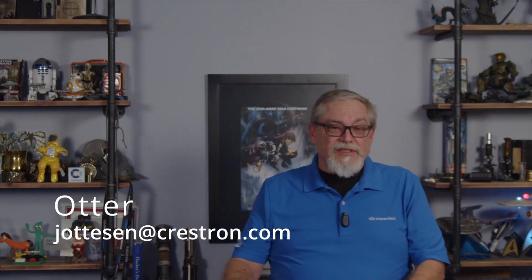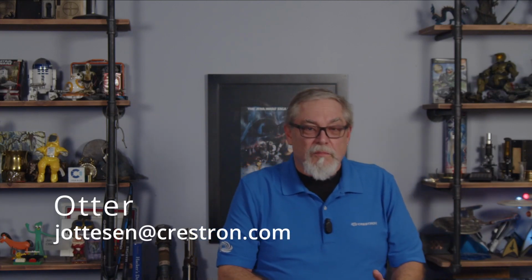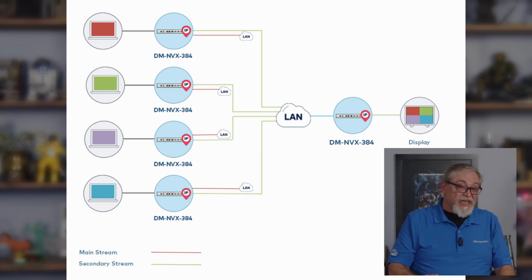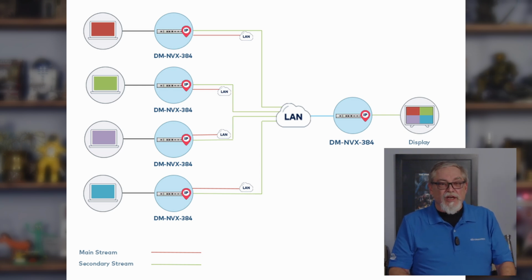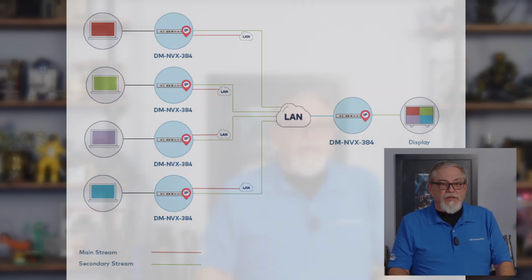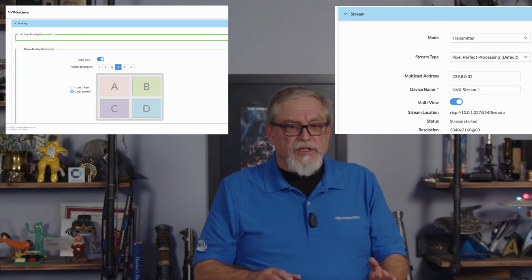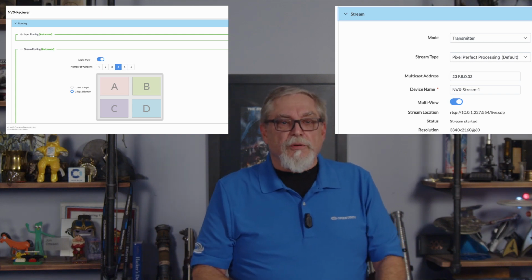All right, since we started talking about Multiview, one of the first things we've told everybody is that if you're going to be using Multiview, in other words, I want to have a source and put it in a window, one of 6 on the screen, it's got to be encoded by a 384 in or 385 in Multiview. And this is true. However, it is a modal set. So there's a couple switches and signals in programming that you can use to set the 384, 385 into Multiview